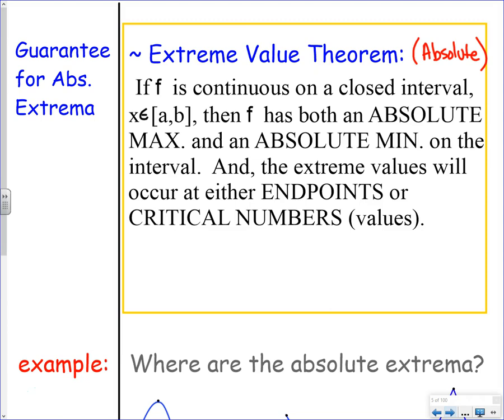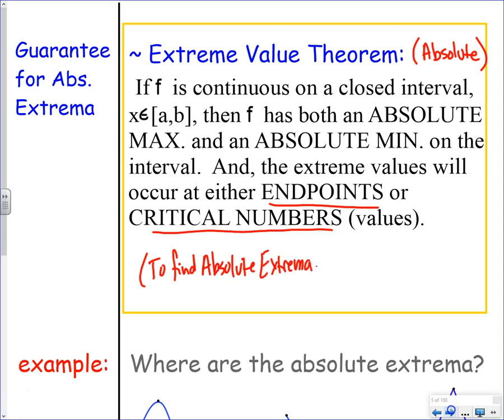However, this card is also helpful, even if you have a discontinuous function or a non-open interval. Well, let's leave it with the continuous and the closed interval. It also helps us find the absolute min and max because it says the extreme values, aka the absolute extrema, will occur at either endpoints or critical numbers. So, to find absolute extrema, test the candidates